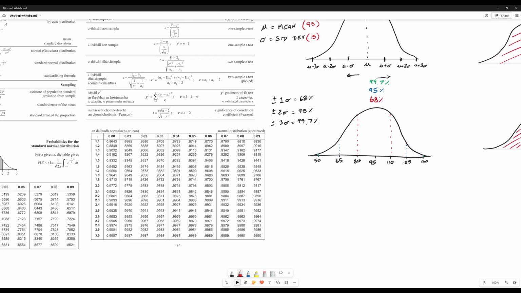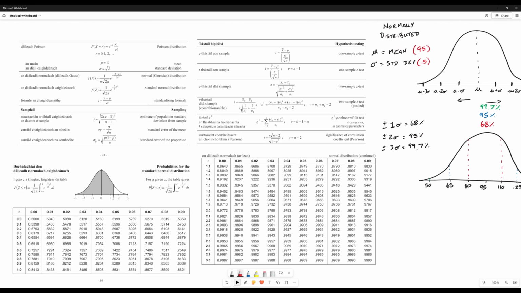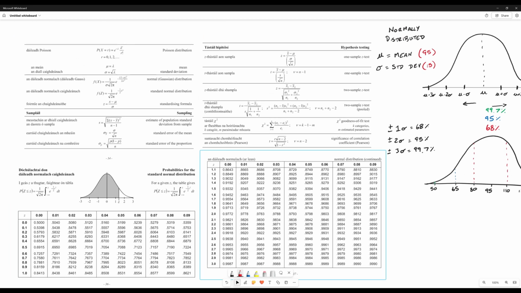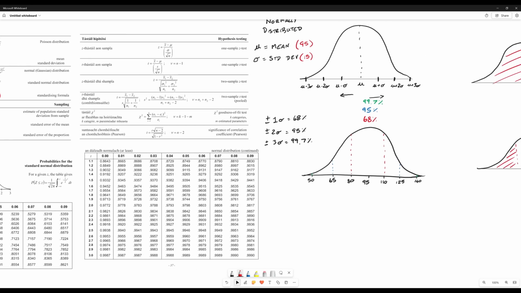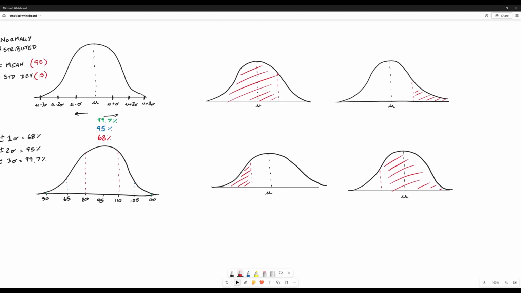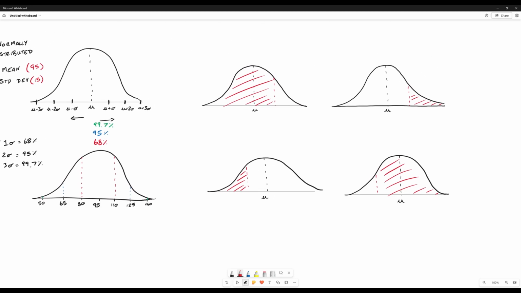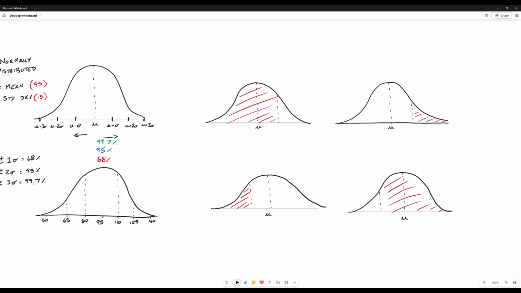Every time we do this though, we're going to go to, these are 4 consecutive pages in your log tables, 34 to 37, if you can see that. And basically what we're going to do is we're going to go to this guy on page 34, and he's going to be what we use. The whole thing that we have to do is we have to find out how many standard deviations you are away from the mean. So let's say, for example, they asked you, what are the odds that someone in Ireland will have an IQ score